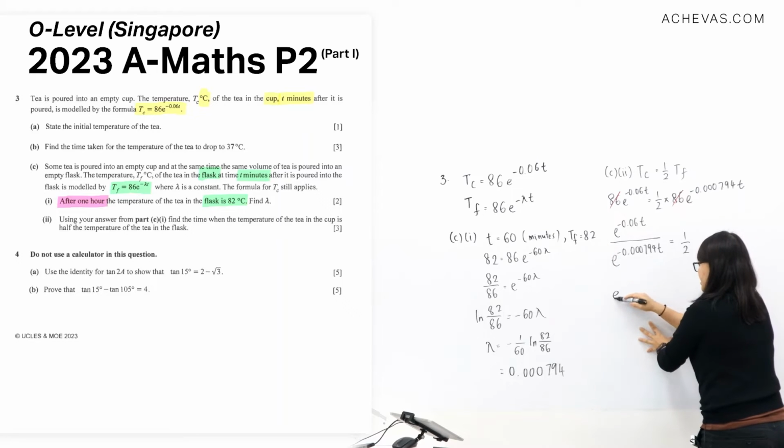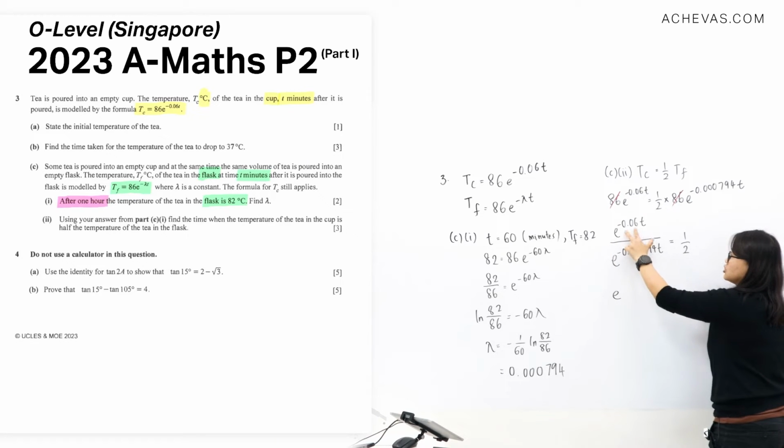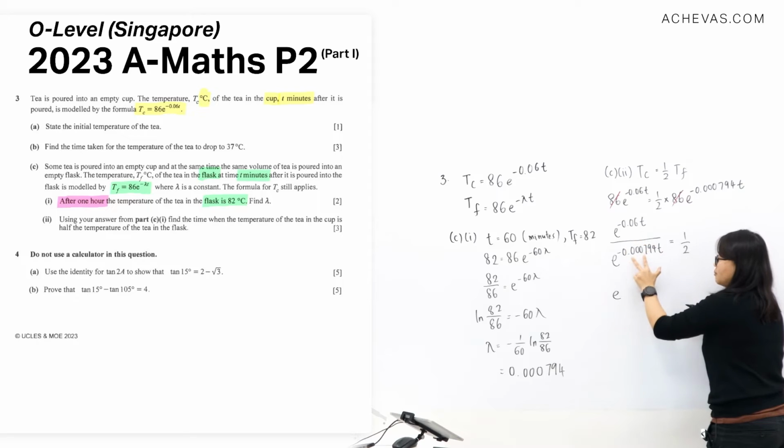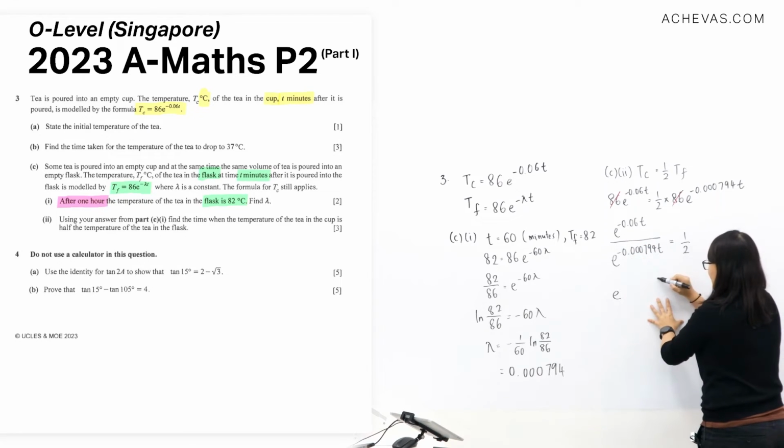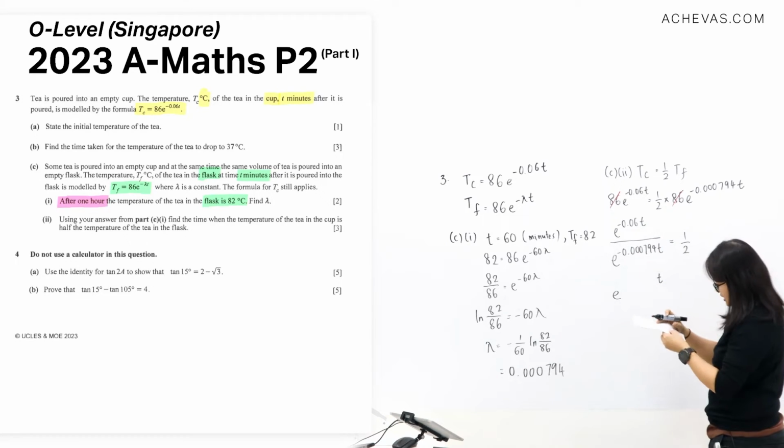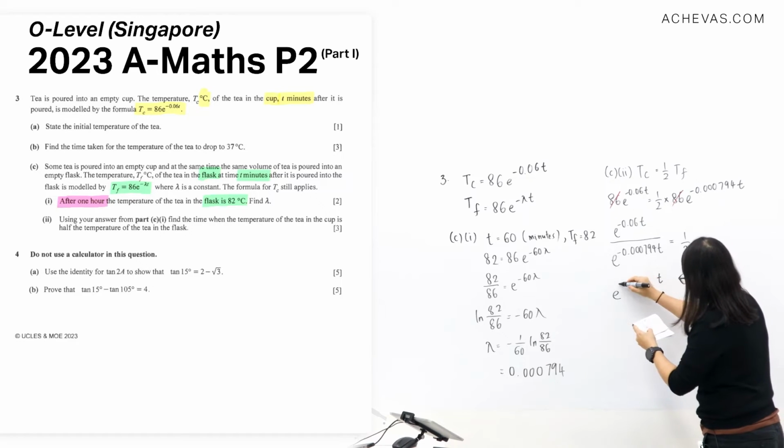Same base, exponent, I'm going to subtract the power, so negative 0.06 minus negative 0.000794. I'll have a t here, and I'm going to check my calculator after subtracting the number. I'll be getting this negative